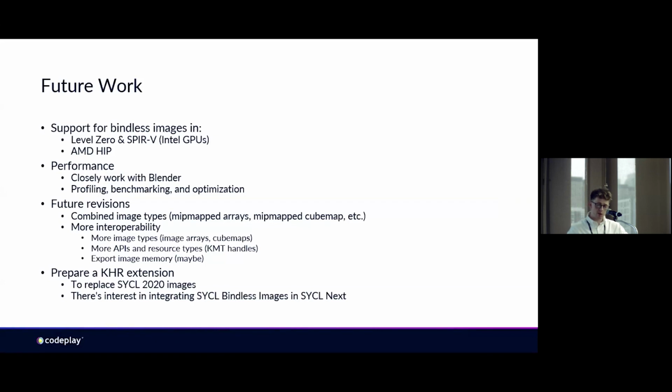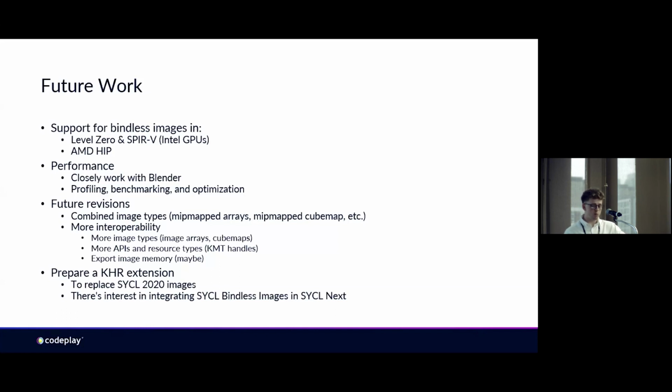And then as for the future, we're going to continue adding support for binary images in Intel devices with a level 0 implementation and SPIR-V extension. AMD and HIP is in our peripheral, so hopefully we'll get to that this year, but the focus is on Intel devices. We're also going to be working very closely with Blender to begin profiling, benchmarking, and optimizing our extension. We haven't had a chance yet to look at performance, and entering this phase of the project is going to be quite exciting. And then as for future revisions of the project, we're thinking about many quality of life improvements,